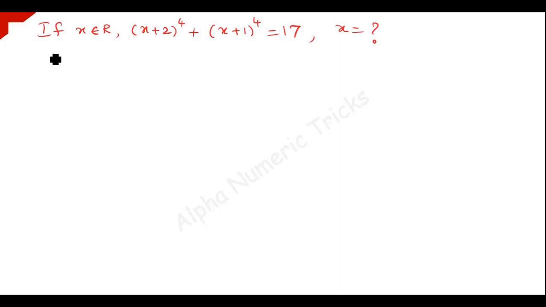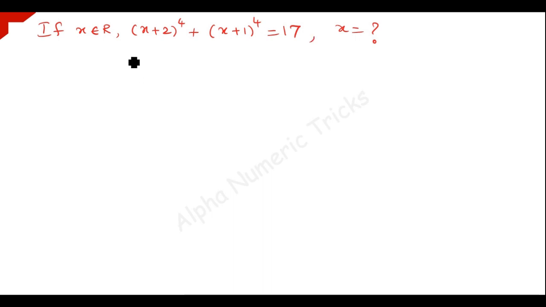Hi guys, now we are going to solve this nice olympiad problem. If x belongs to the set of all real numbers, then we have to find the real solutions for the problem. (x + 2)^4 + (x + 1)^4